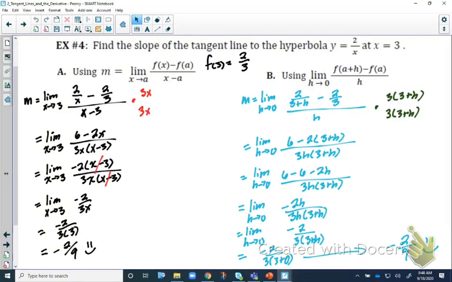Okay, so what we see as we're comparing the use of the two types of limit definitions of derivatives. So what we have in A, this is where we have the alternate form of the limit definition. Now, of course, because they're telling us that we're evaluating the function at x is equal to 3, I want to know, well, what is the y value at x is equal to 3? So plugging that in is going to give me my 2/3. So f of 3 is 2/3. So that's what I use for the right side of the numerator in the